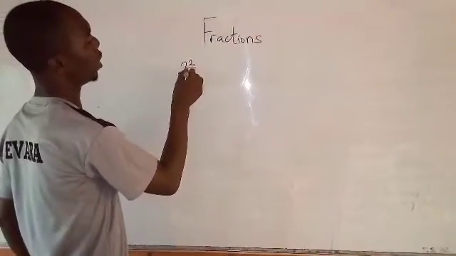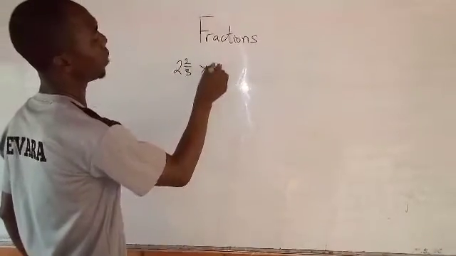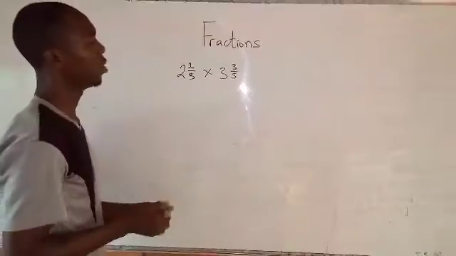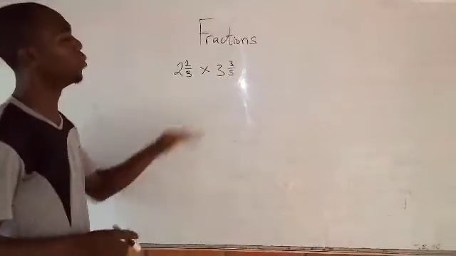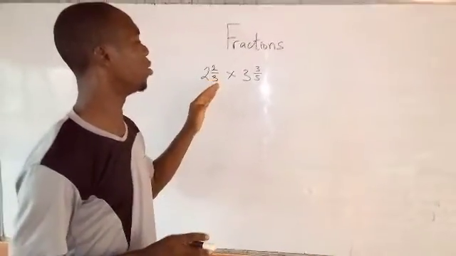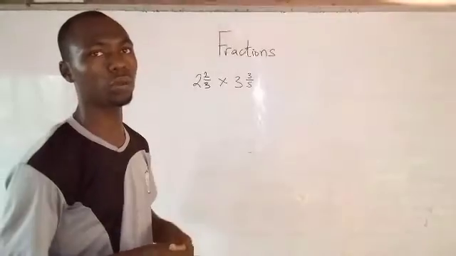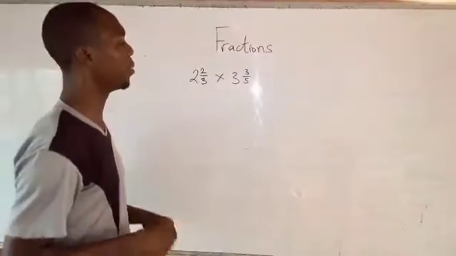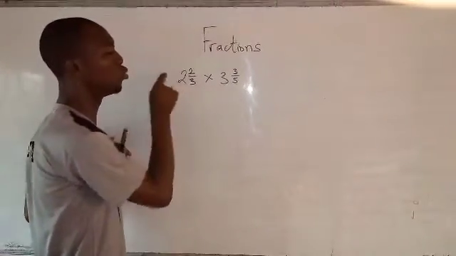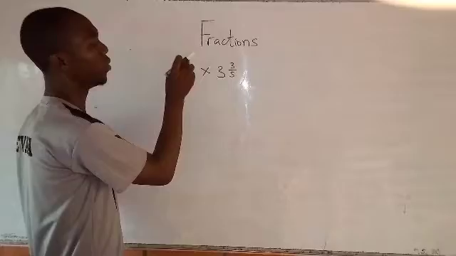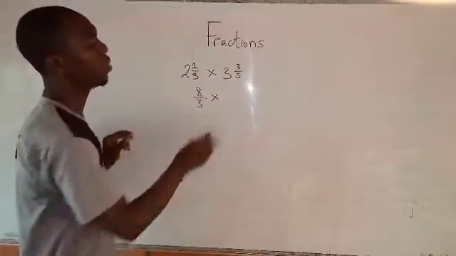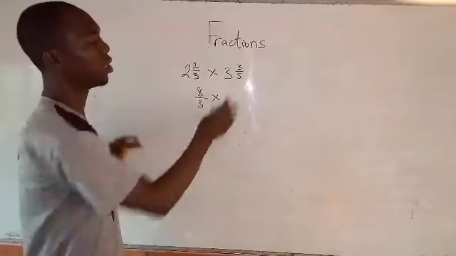We have 2 whole number 2/3 multiplied by 3 whole number 3/5. Now, in multiplication, we don't find LCM. When we have a mixed number like this, we simply turn it to an improper fraction. And if you still remember, to change mixed number to improper fraction, we multiply 3 by 2, that is 6. Then add 2, making 8. So it is 8/3 multiplied by 5 multiplied by 3 is 15 plus 3,